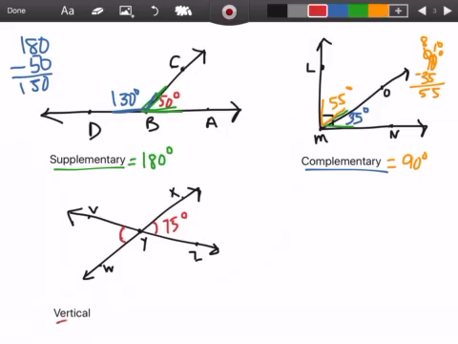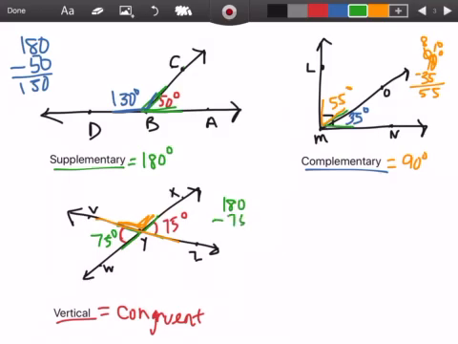Okay, vertical angles. We know that they are congruent, meaning they are equal. So if angle XYZ is 75, then VYW is also 75 degrees because they're opposite from each other. All right, I'm going to go ahead and keep going on this one. I noticed that this is a straight line right here. So that means XYZ plus XYV, this angle right here, should add up to 180 degrees. So I'm going to take my 180 and subtract 75,